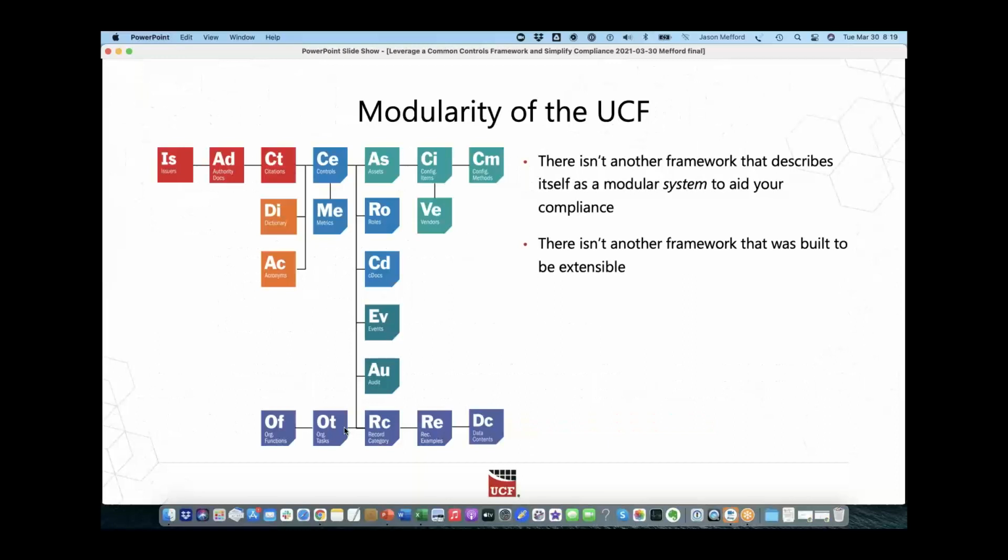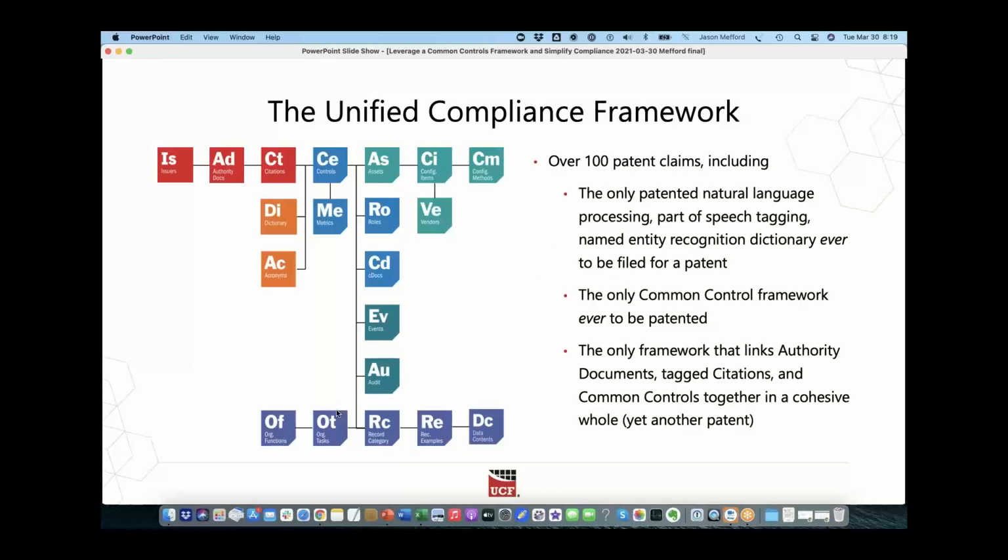Now, there is modularity. One of the things that we talked about originally at the top of our discussion is that a lot of times companies don't have something that can grow with them or is extensible. This framework actually does that. Whether you're doing 2 documents or 100 documents, it works the same. And it's taken a lot of time to do this, and it really is the only framework like this to ever be patented, and really do it in the way that you're going to see it done today.